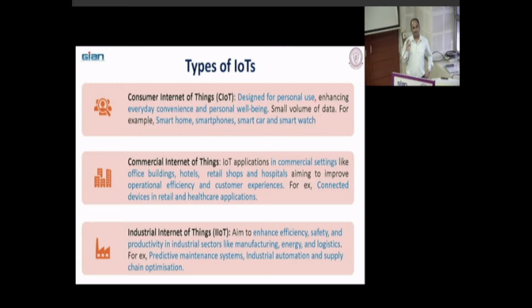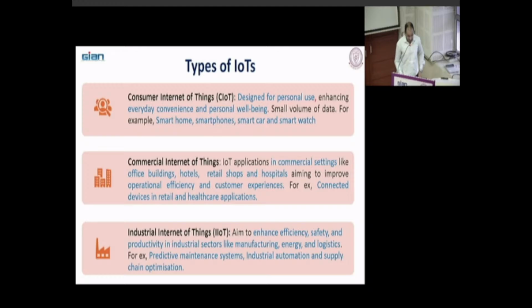As I said, if you have one big warehouse, in that big warehouse, smart pallet is one example. Then smart shelves, they track the products available on that shelf, and as soon as they reach your reordering point, they will start replenishing the products. You don't need to do anything. Smart pallets, then your smart forklift trucks. It will capture when you move that forklift truck. It will check everything surrounding that area, whether it is safe to drive or not.